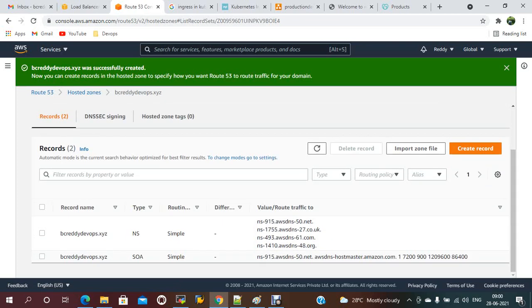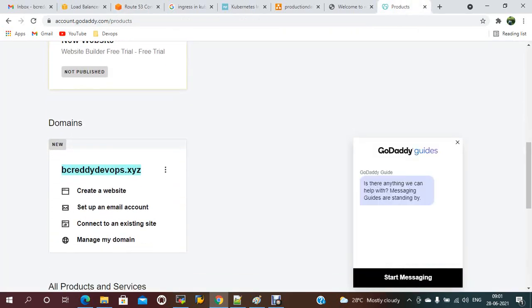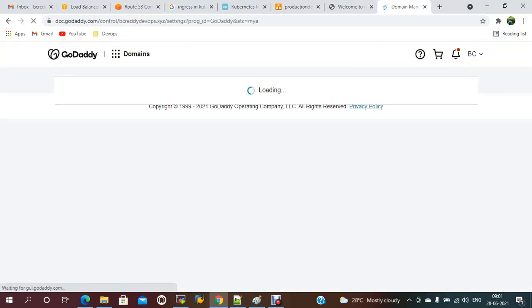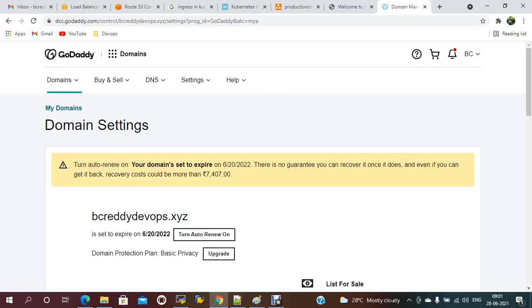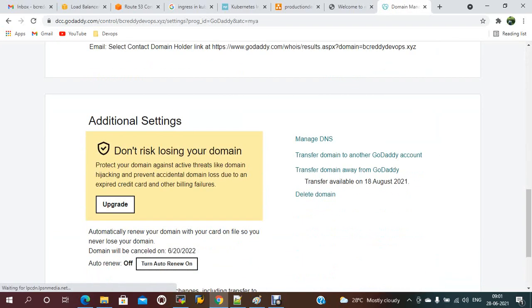This will create two name servers. These are the name servers, and we need to provide these values here, in the manage domains section. Let me do that. Under manage domains, you have to come here and manage DNS. You need to select this option